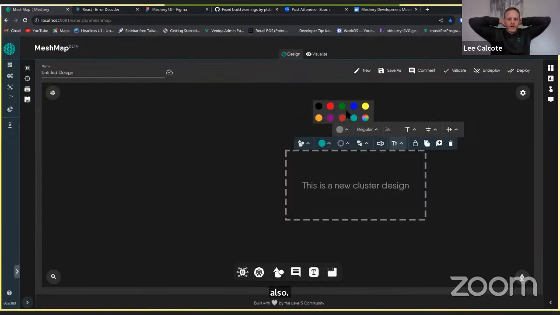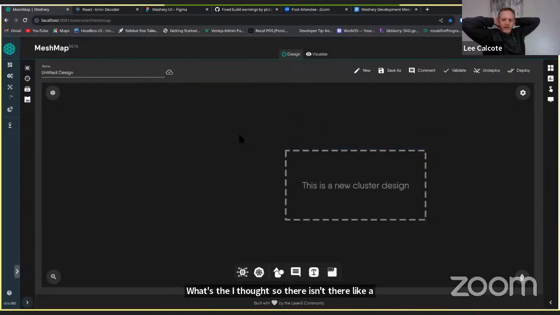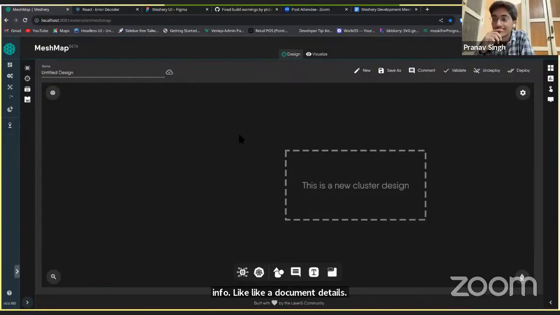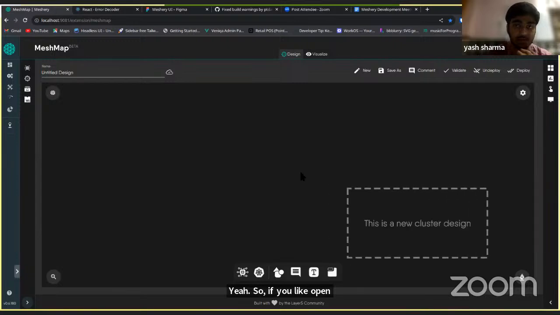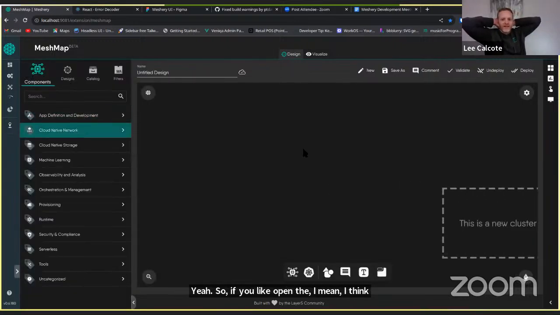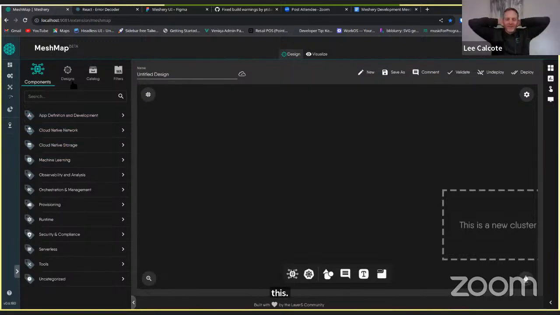Isn't there a design info, like a document details? Yash, where is that? If you open the drawer, yes.